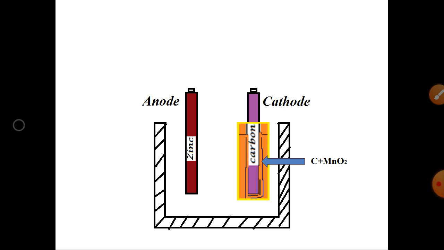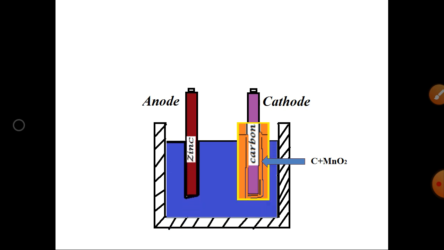We are placing the two dissimilar metal rods, anode and cathode, the zinc rod and the carbon rod. The zinc will be added with some amount of lead, so that corrosion of the zinc may be avoided, and the carbon rod is normally coated with the carbon and the manganese dioxide material, so that the conductivity of the carbon rod will be increased, and that will act as the cathode. Now the electrolyte is nothing but, as I already said, ammonium chloride and the zinc chloride. Inside of the electrolyte, the zinc rod and the carbon rod are placed.